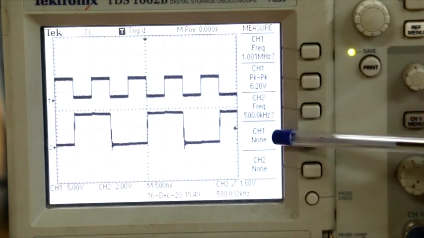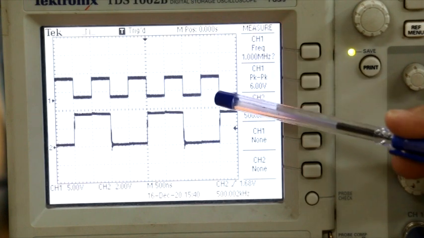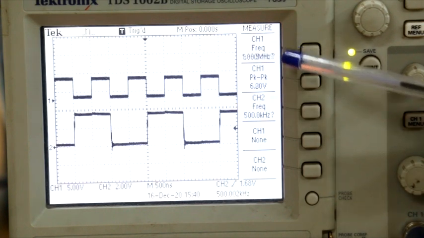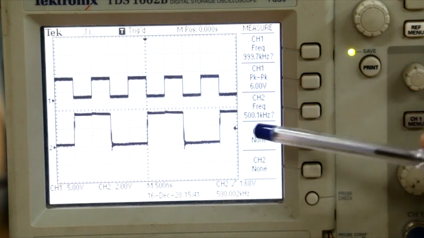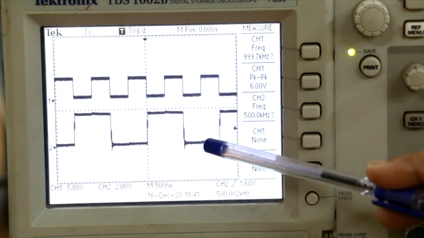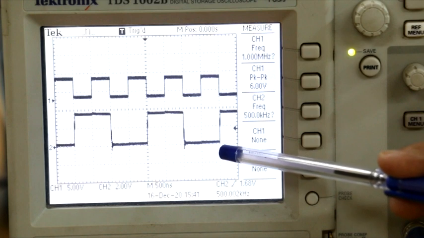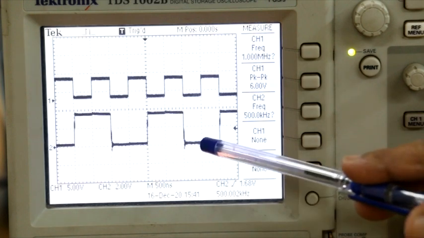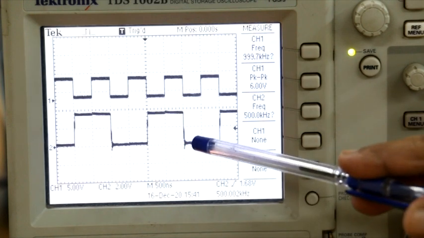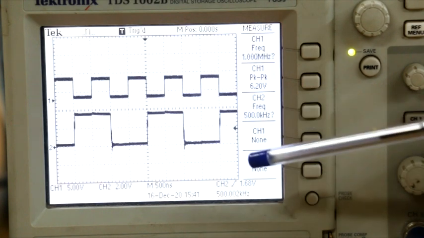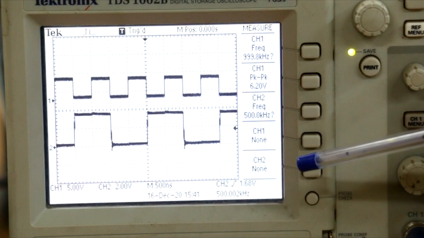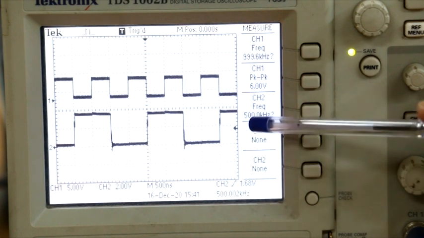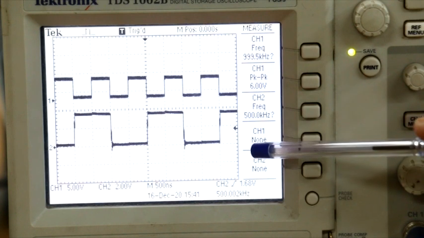You can see that also very well. Channel 1 frequency is 1 megahertz, and for channel 2 the DSO also measures it as 500 kilohertz. So the good thing is it's an excellent divide by 2, and the on and off timing will be exactly half. This was a problem we faced in the astable multivibrator we built using an op-amp. We saw that TH and TL are not identical. Here they will be identical, exactly the same.